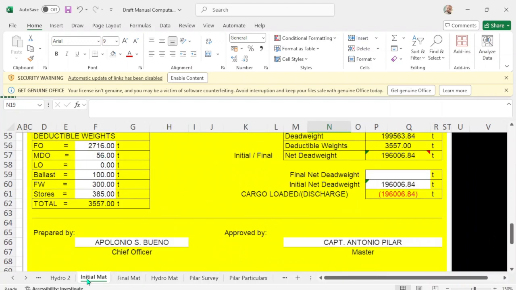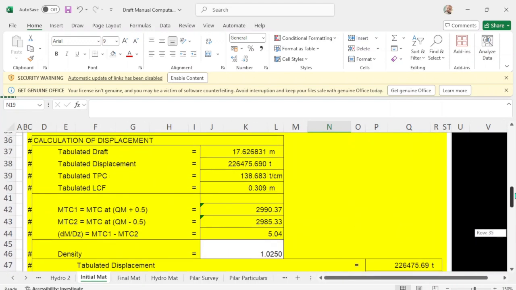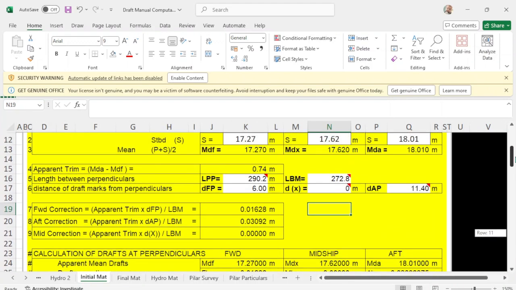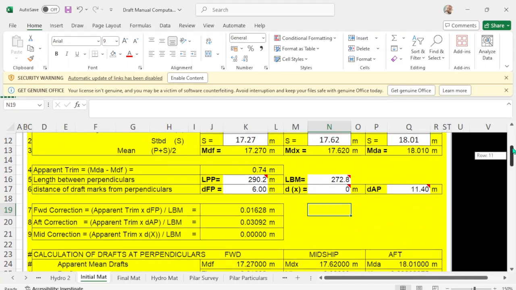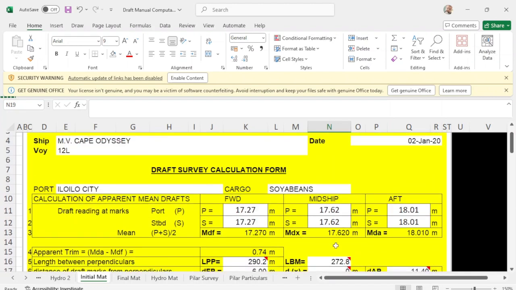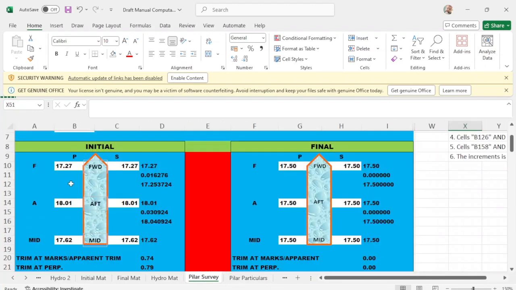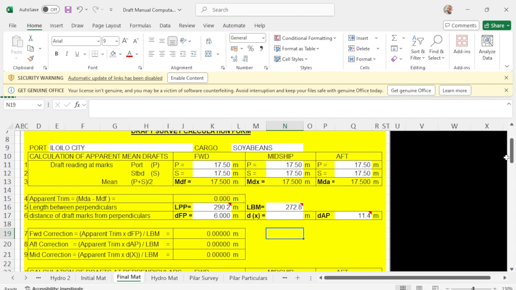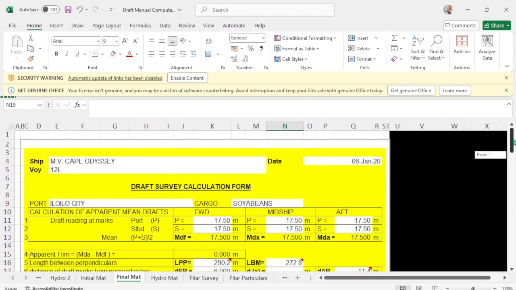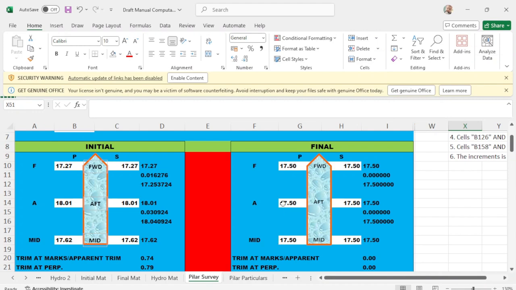This is the initial, 1727, 1762, and this one, 1727, 1801, and here 1750. The final draft is even keel 1750, and I put here 1750.